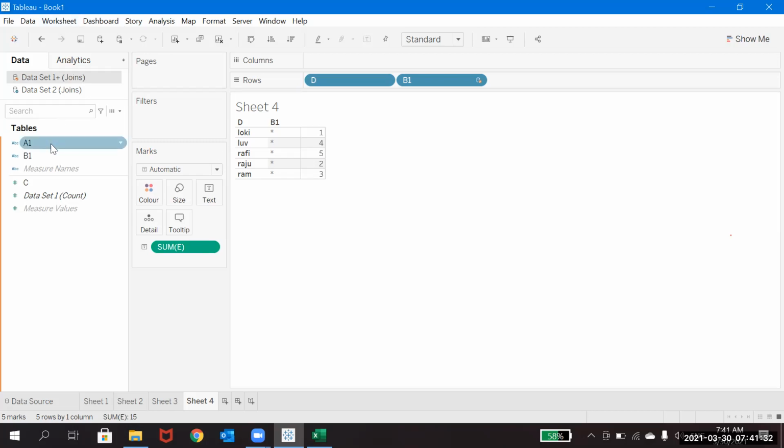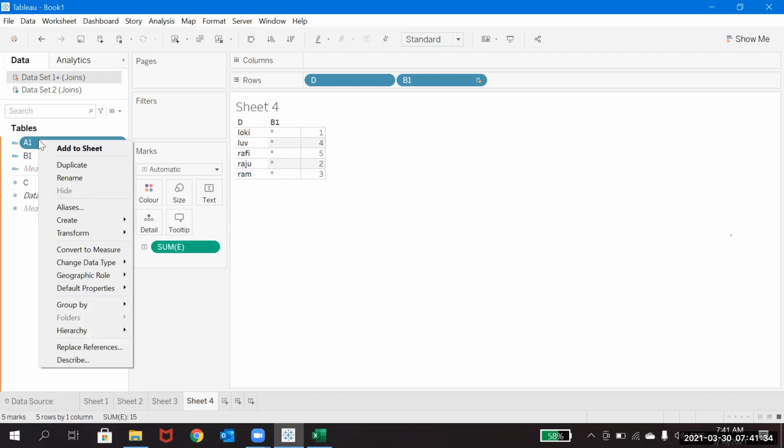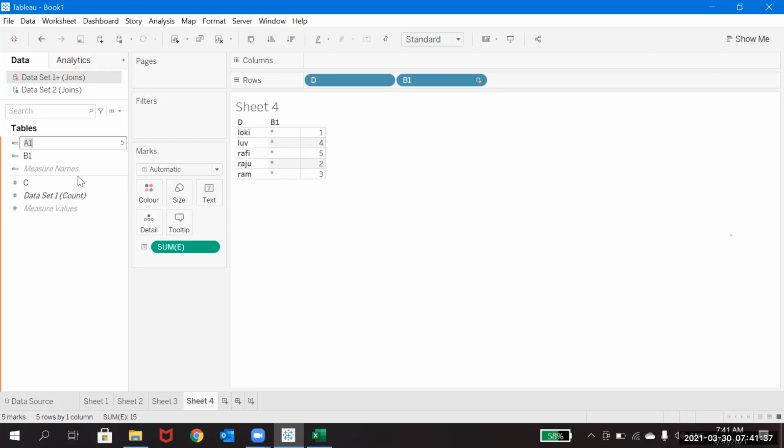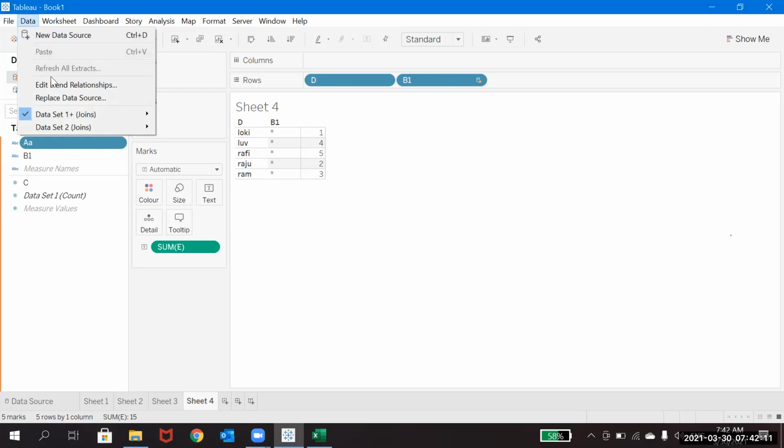Let's say maybe I'll rename this. So here it was containing like this. You might have a doubt that the column name has to be exactly the same. Whether it is exactly the same or not, this is the best way. If the column name is the same or not, and you know that the values in it are the same between the two data sets, you can manually go and create the relationship between those two columns.